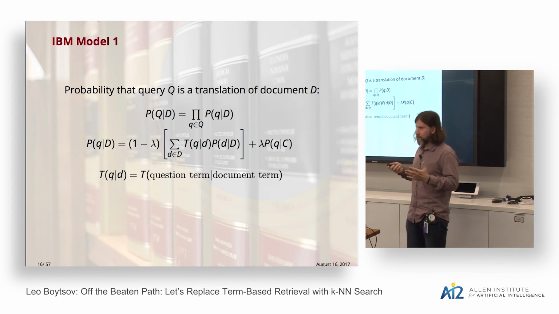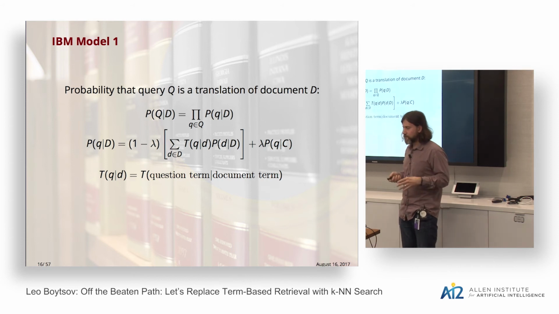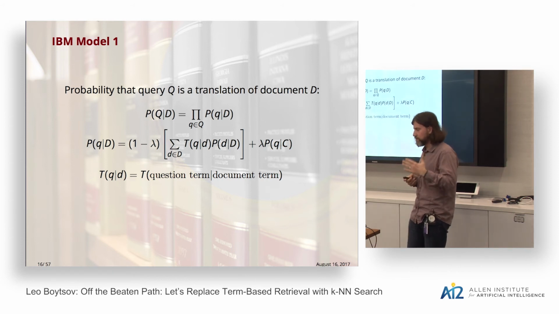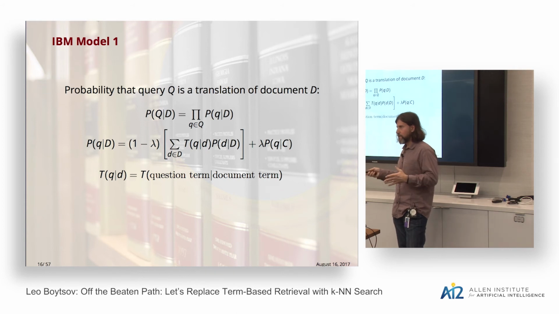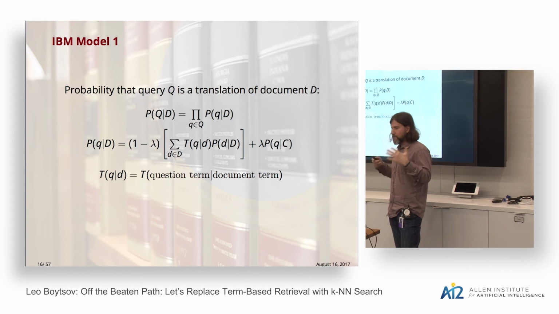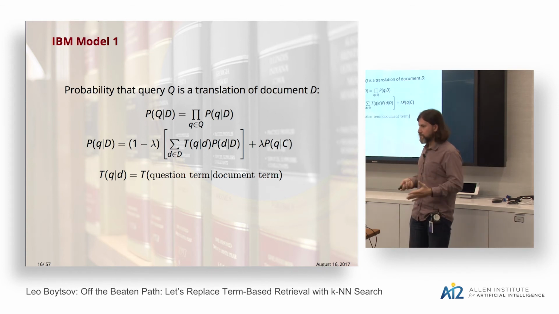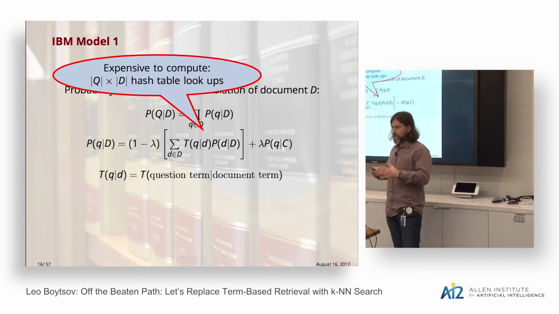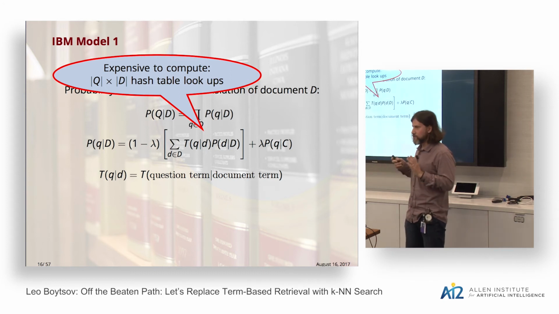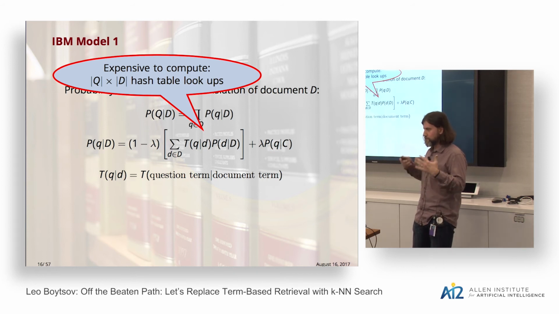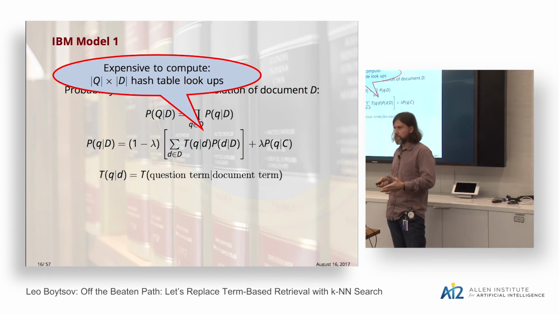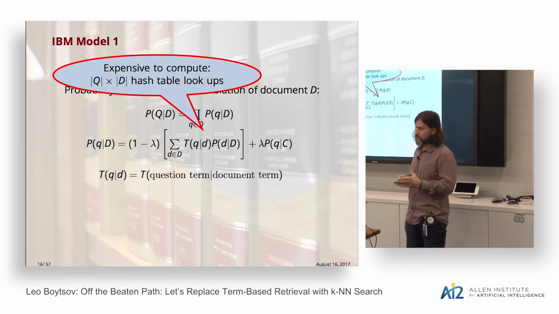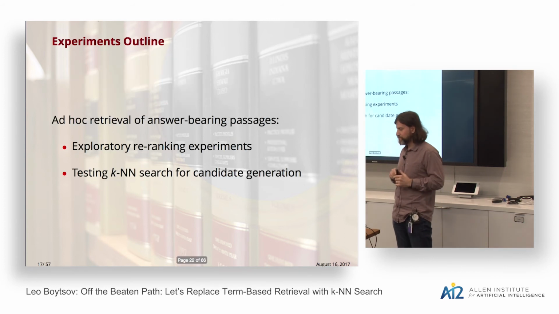Computation of the IBM Model 1 score involves 2 steps. First, we need to obtain a translation probability for every pair of question and answer term. And then we need to aggregate all these pairwise translation probabilities into a single score. In fact, the exact computational details are not especially relevant for this discussion, but it's important to understand that just retrieving all pairwise translation scores is computationally expensive, and we use algorithmic tricks to make it faster.